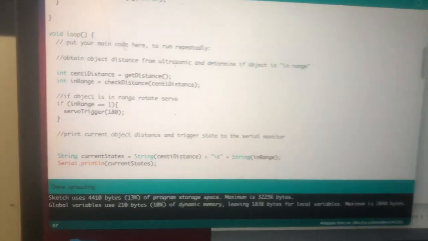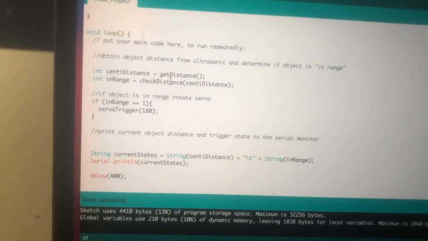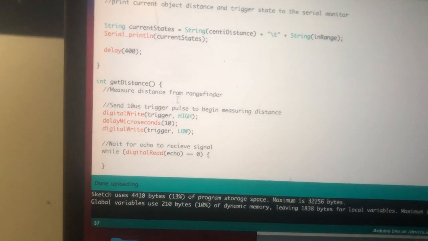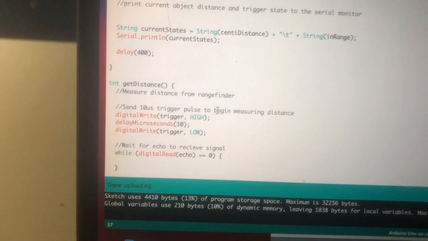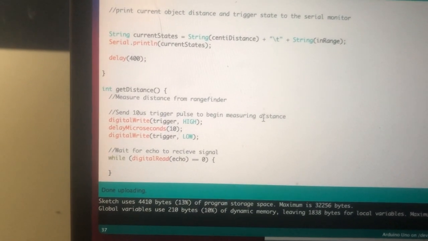spout. So if I look at the Arduino code to see how this operates, in void loop, I've got three main functions that I'm calling. The first is get distance. Get distance sends a 10 microsecond trigger pulse to the ultrasonic sensor, which tells the sensor to start